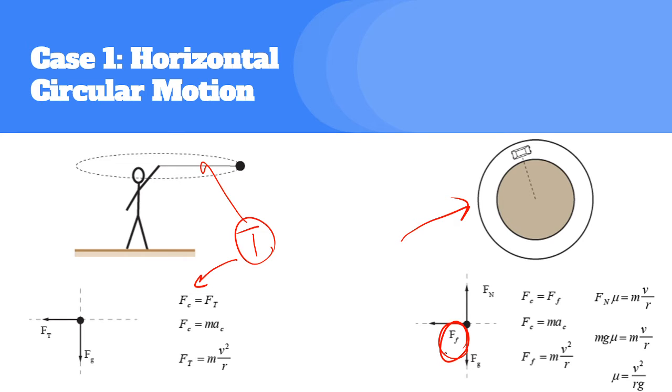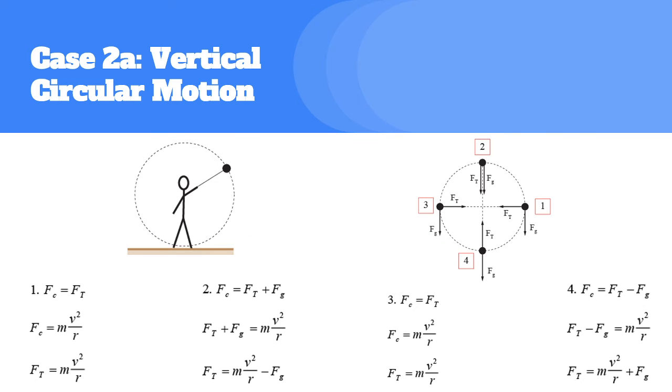That's why friction is going to be the centripetal force, and then you do the math after that. But if you're talking about vertical circular motion, then the cases are going to be a little bit different. So tension is the reason that it is able to stay in the circular orbit, but depending on the location of the object, it is going to have different force diagrams, because in the first location, tension is the